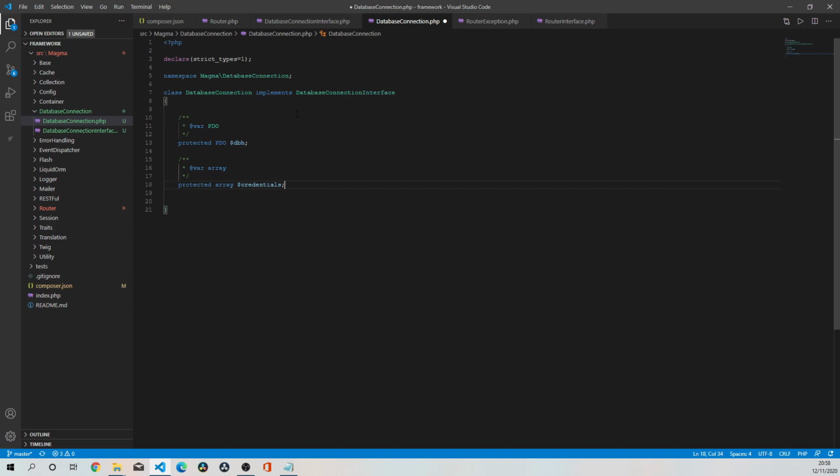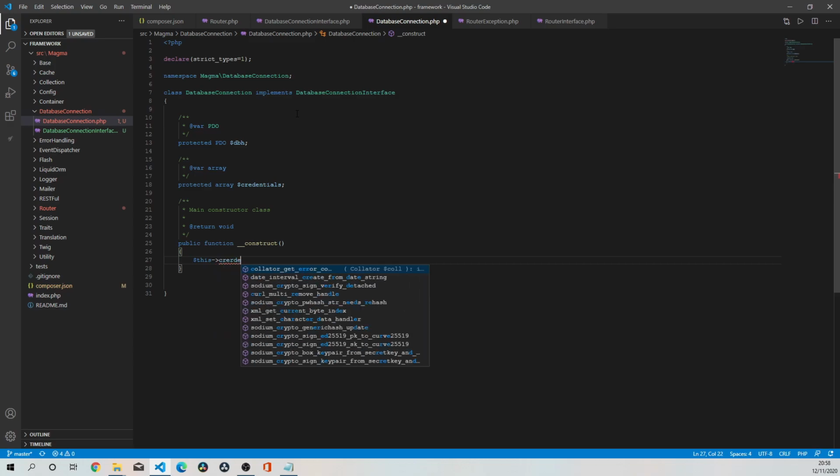And how we do that is we're going to be creating a constructor method. This will be the main constructor class. And again, this is going to return void because it won't return anything. It's just going to assign the argument to the property or pipe the property to the argument. So I'm going to say public function construct, and we're going to say this credentials